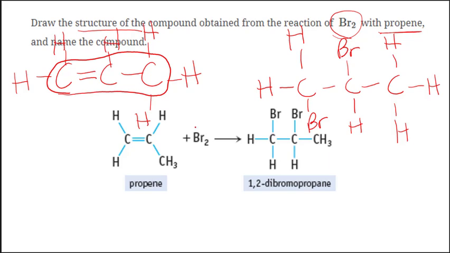Then when I add Br2, it's going to break that double bond, making that single bond there, so I can have a bromine coming off of that first carbon and a bromine coming off of that second carbon. It doesn't matter if you put the bromine on the top or bottom, because we know that this bond can move and bend. So that Br on top could just as easily flip and rotate and be Br on the bottom. We would then name it